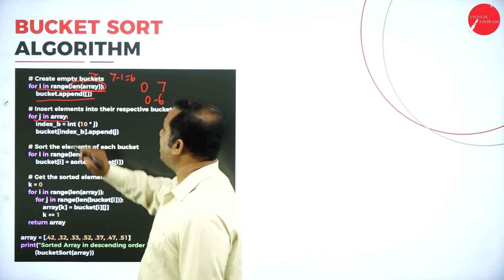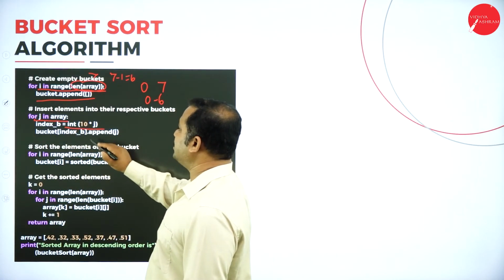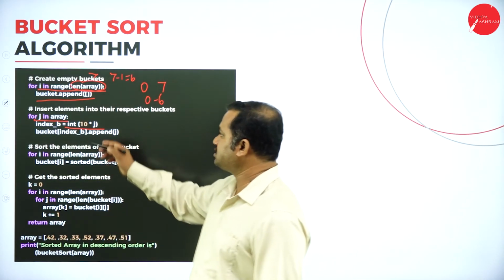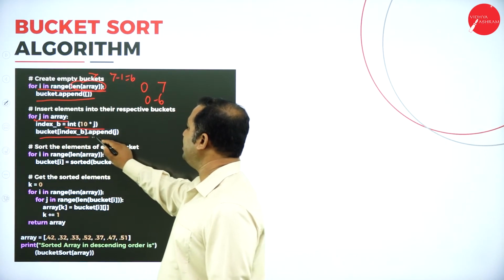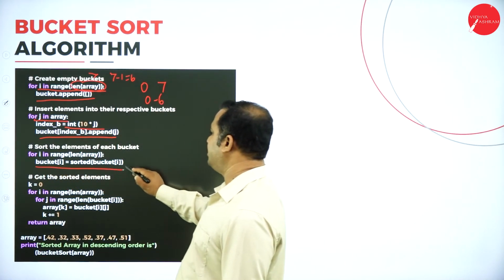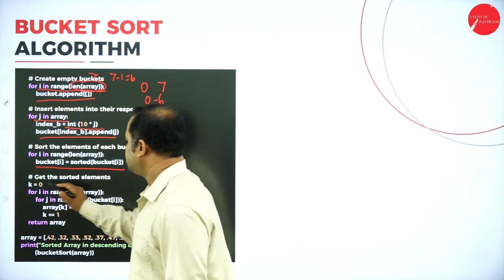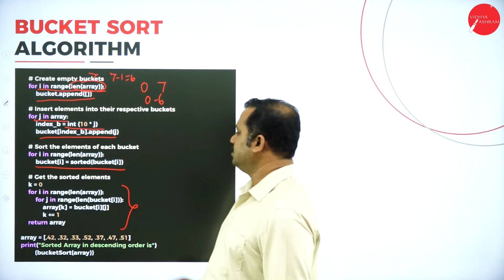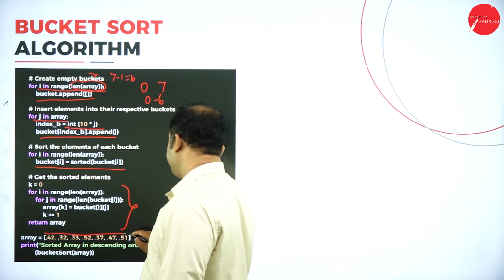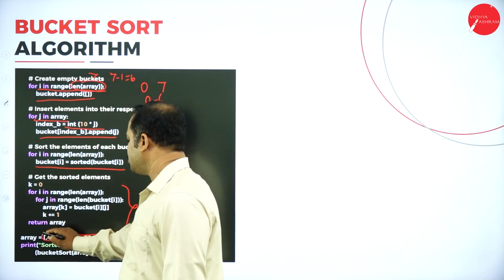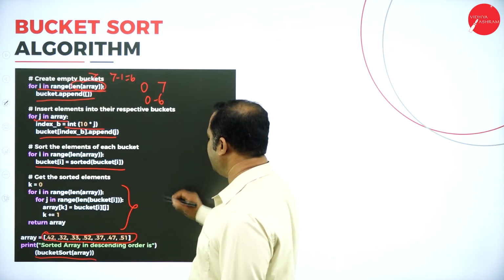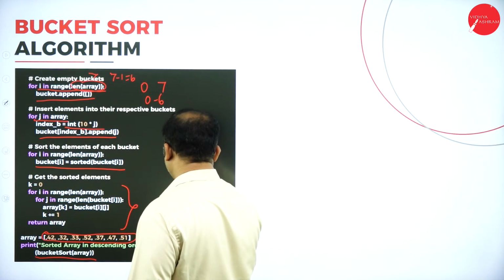Then for j in array, we are going to consider int of 10 star j, that is the size of the array. Initially we have 10 star j, bucket of index b dot append of j. Then we are going to apply the sorted element by applying this sorting algorithm. So initially we get the elements in this format, which is not in sorted format. Once that is printed, that is bucket of sorted array, you will get the elements, that is 0.32,